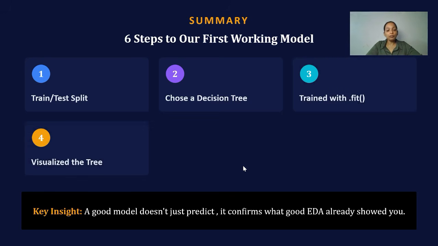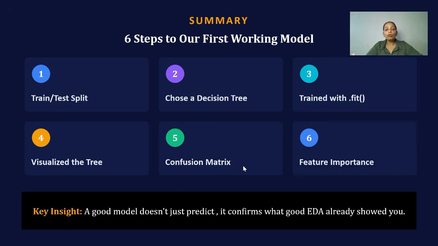We evaluated it with accuracy and a confusion matrix, and saw its mistakes line up exactly with the species overlap during EDA. We checked feature importance and confirmed petal length and petal width were doing almost all the work. And we also saw firsthand why testing on unseen data is the honest way to know if a model actually works. That is your first real working evaluated machine learning model built end to end from scratch.